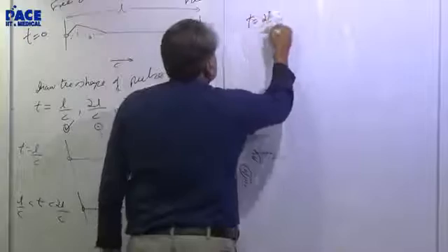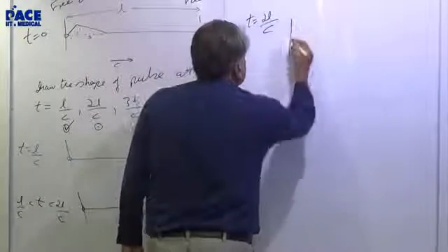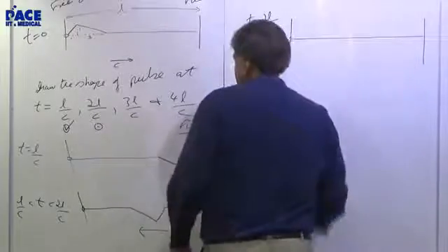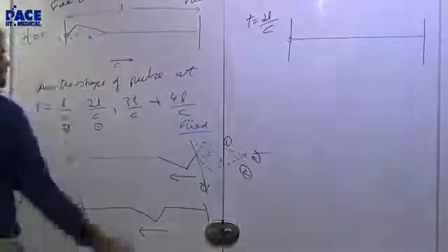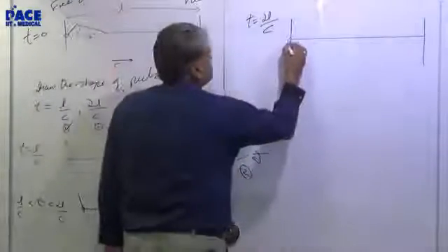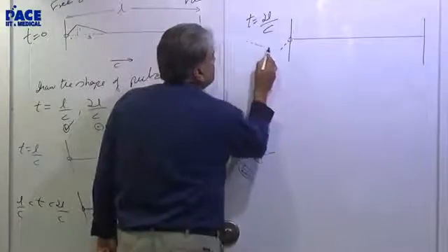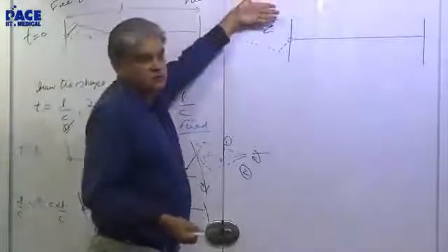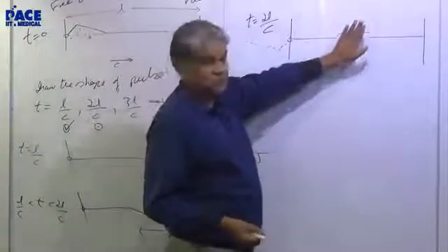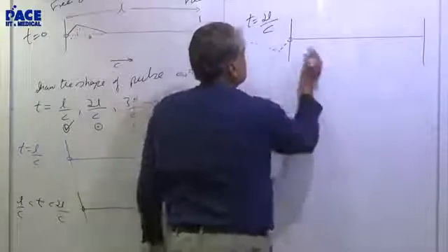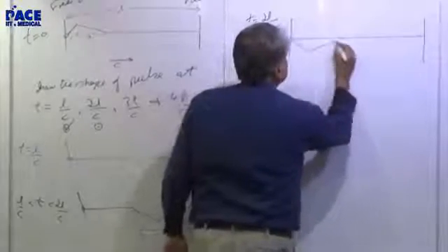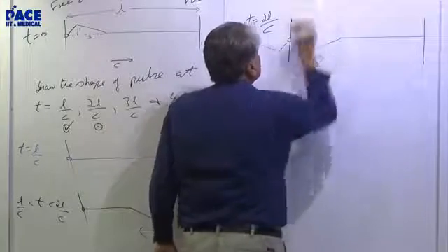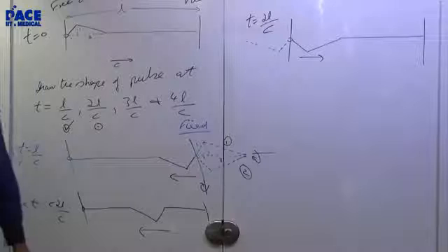So when it comes to the free end, here is how I draw it. T equal to 2L by C. Let's take the free end, and this is the fixed end, and that's the L. Make this enter it. If it enters it, now you don't flip, just do this. If you just do this, it looks like this. This is T equal to 2L by C.